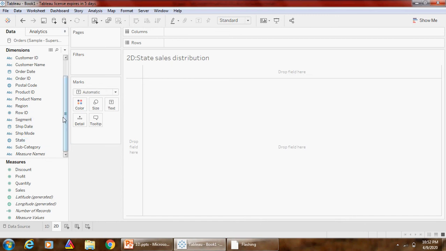Or if you want to view postal code wise sales distribution, then you can use postal code. Or if you want to view city-wise sales distribution, then in that case you have to use city. So here I will select state. In the data pane under the dimensions, double click on state.